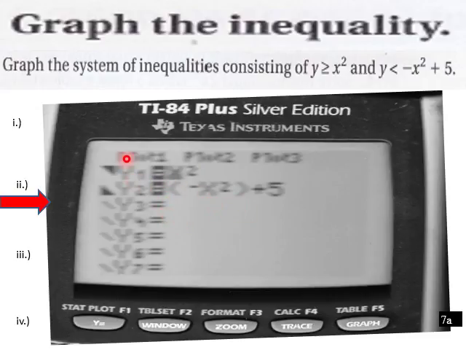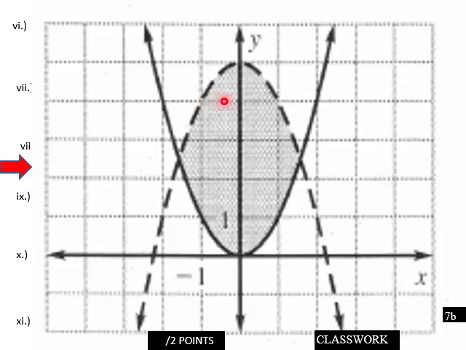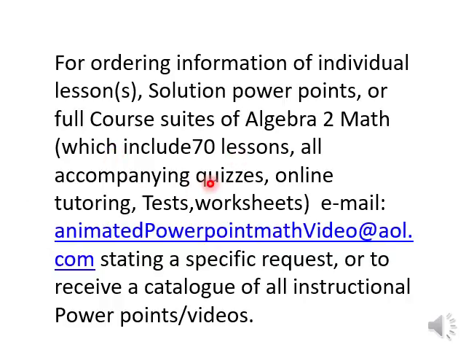Here's your entry. This is greater than, so this is what your inequality part of the graph will look like, and then the less than will be down here. That's what it should look like over on your far left side of your entry into your graphing calculator. And then this is what your graph should look like. This is your system here that shows your solutions to that complex inequality, and that is part 2 of lesson